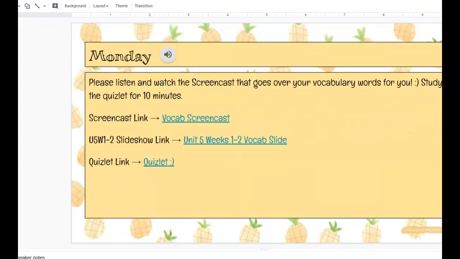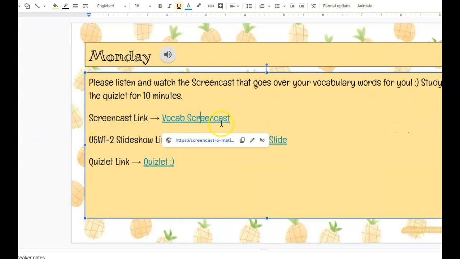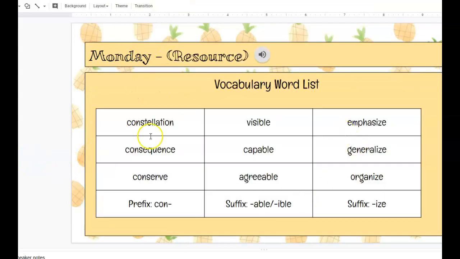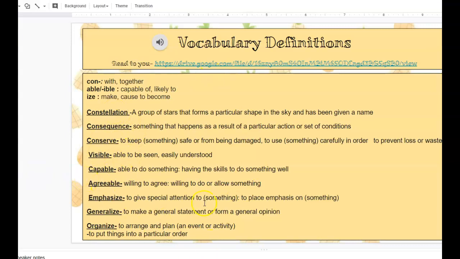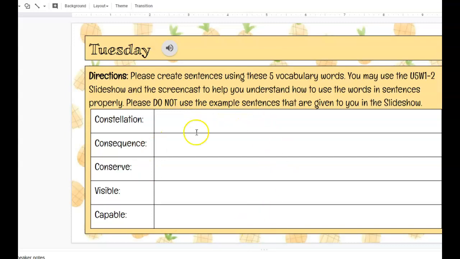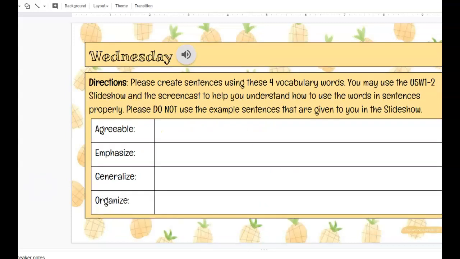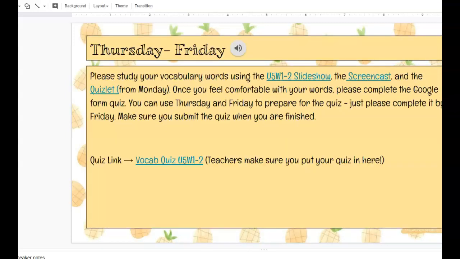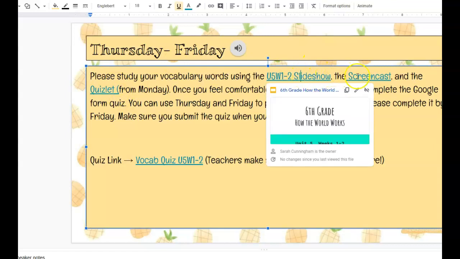For vocab this week, you can click here to have Ms. Oswald read the words to you and their definitions. The words are also listed here for you with their definitions. You can also click on this link and Ms. Connolly will read the vocabulary words and the definitions to you as well. You have to write sentences for each of your vocabulary words for Tuesday and Wednesday. Finally, on Thursday, you're just supposed to practice by either going over the slides, watching the video again,